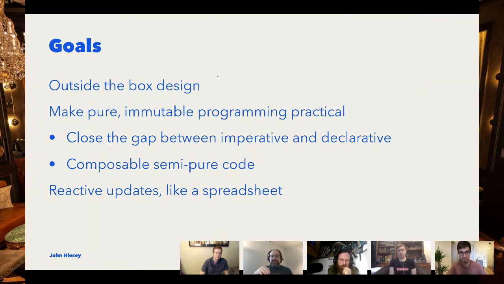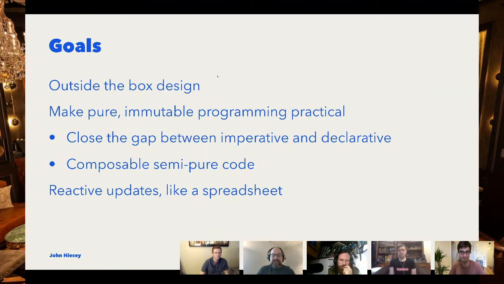Haskell kind of tried to do this with the IO monad, but I think that didn't really work very well in practice from my own experience. So the goal is to try to fit all these ideas together into one piece. And what I mean by semi-pure will come up.